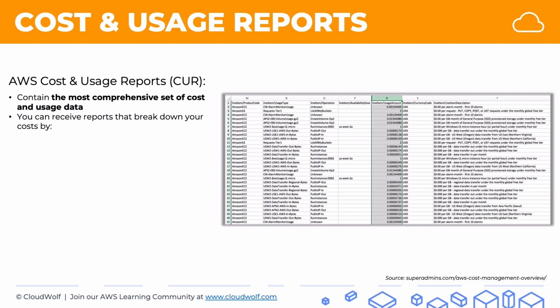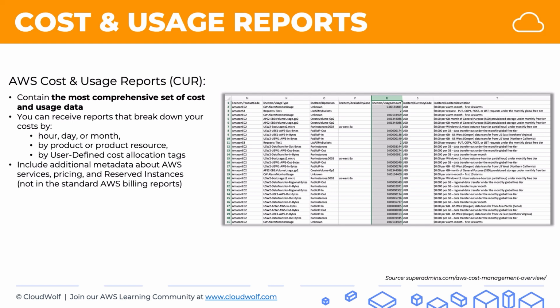You can receive reports like this that break down your cost by hour, day, or month, by product or product resource, by user-defined cost allocation tags, and more. Those are just some examples. It includes additional metadata about AWS services, pricing, and reserved instances, which are not in the standard AWS billing reports. It can be delivered in CSV format to an Amazon S3 bucket that you specify, and